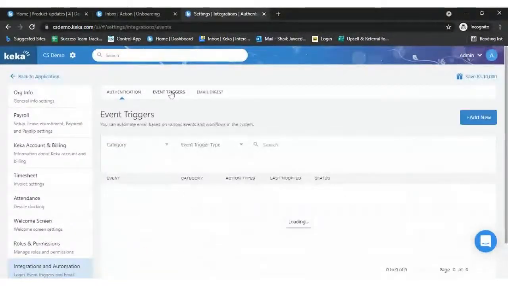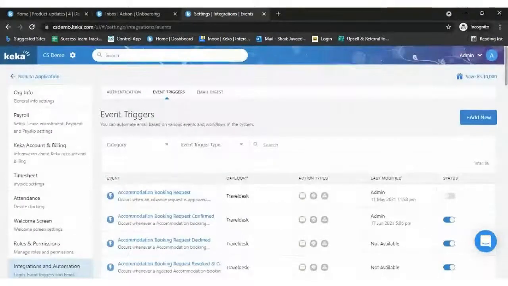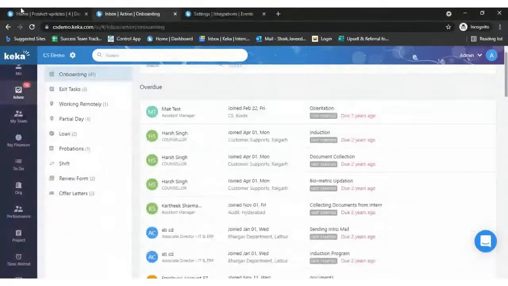There you have the tab called event triggers, where you can search this category.